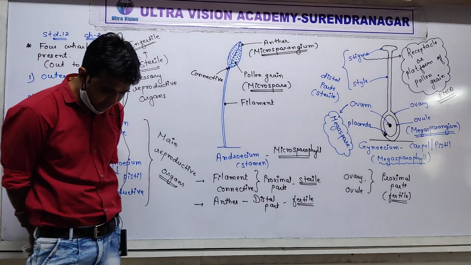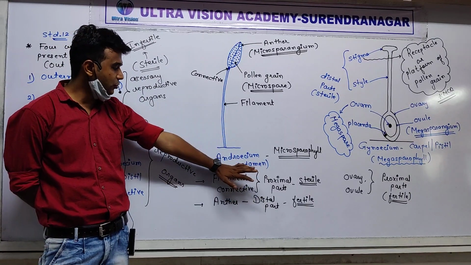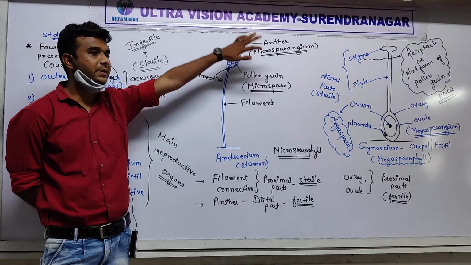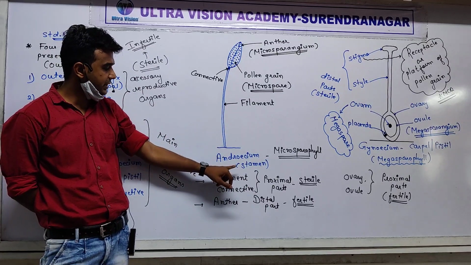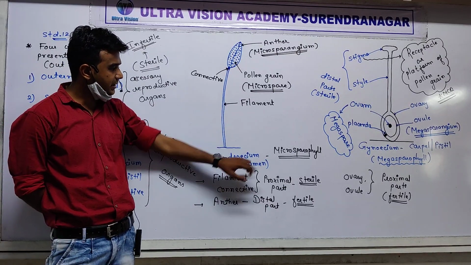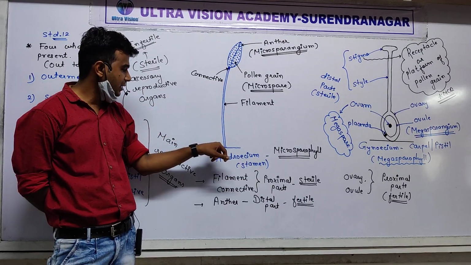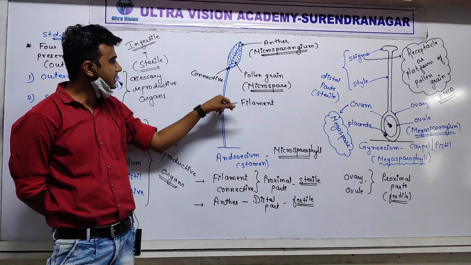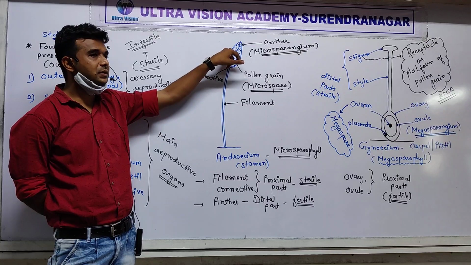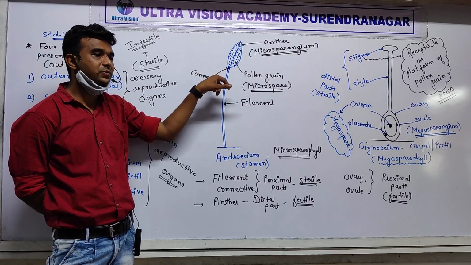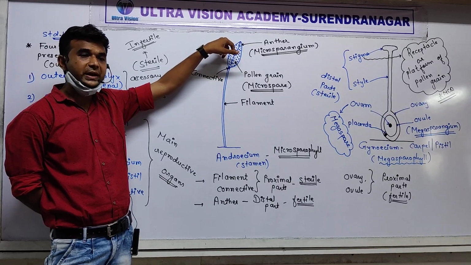Everybody understand the synonyms of the androecium? Androecium or stamen, don't make the mistake behind that, anther and stamen, fine. Androecium, the unit is known as stamen, synonym is microsporophyll. Here initially with thalamus filament is connected. Filament is now connected to the anther. That region is known as connective. So anther is also known as microsporangium.